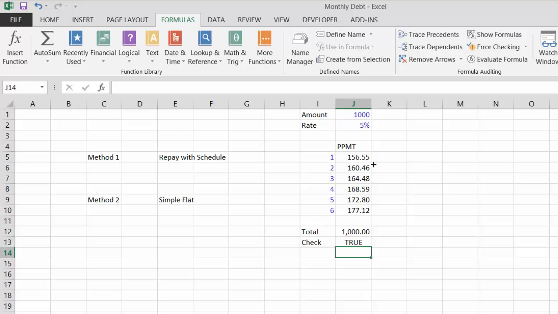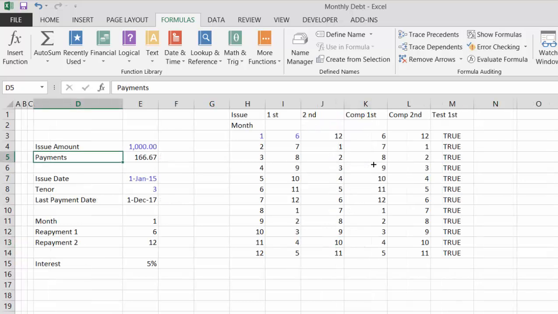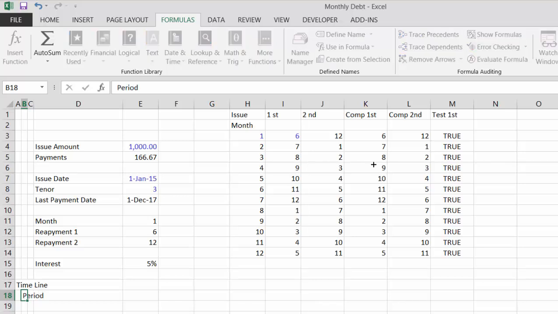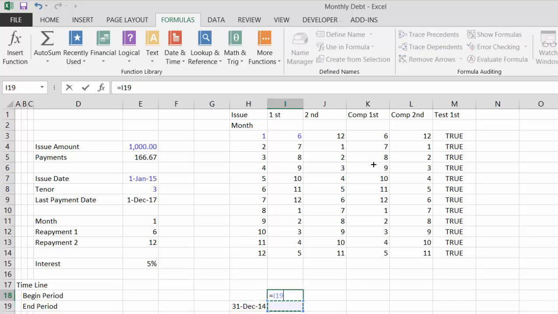Okay. Now, let's get our dates right. So let's get our timeline. Let's put begin period, end period. Now, I'm not putting a construction date in, which could kind of screw things up, but let's start with the end as we usually do, and then add one to the beginning,